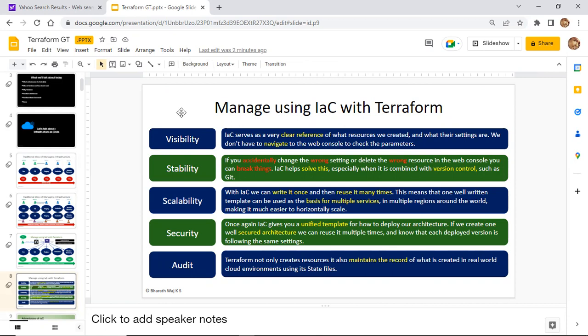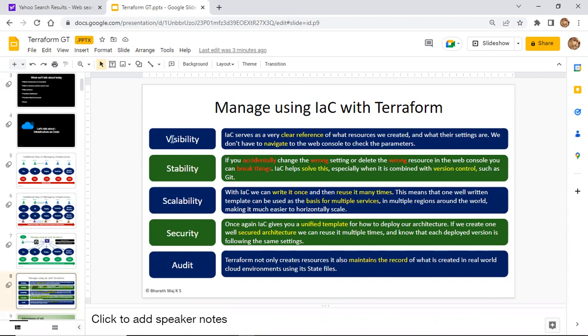So on clicking one page, it will be redirected to another page. Eventually, the previous configuration we gave, sometimes we may not remember. So at that time we may make some errors, right? But in Terraform, everything will be coded and every configuration will be displayed in one single code or page. So we can easily remember those things.